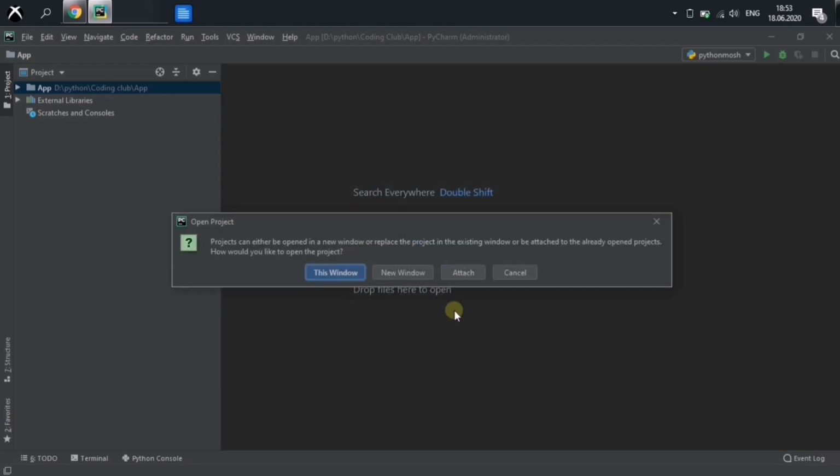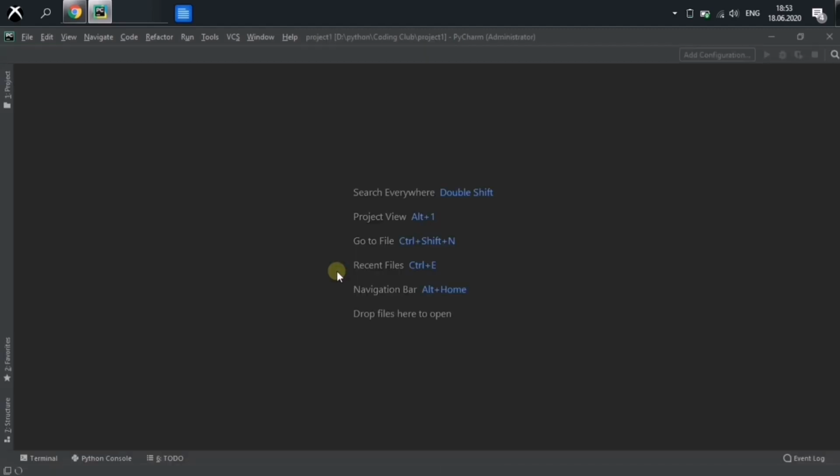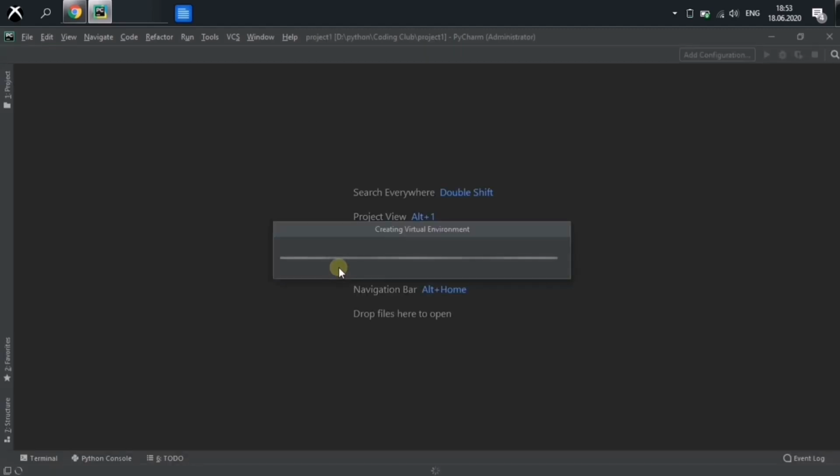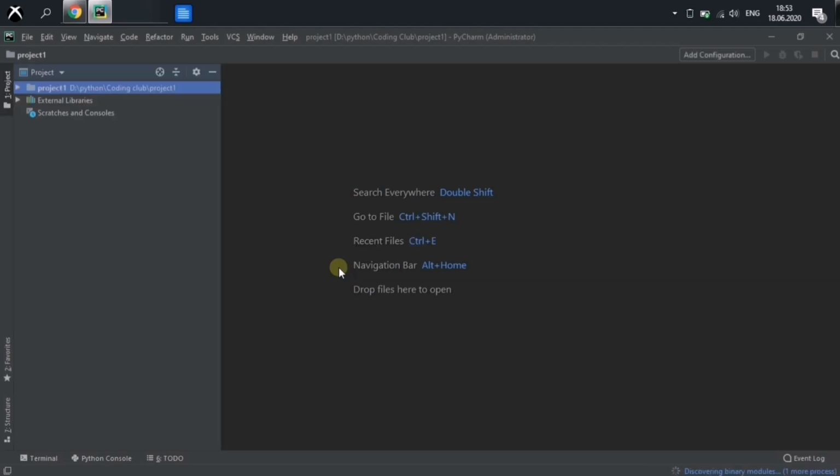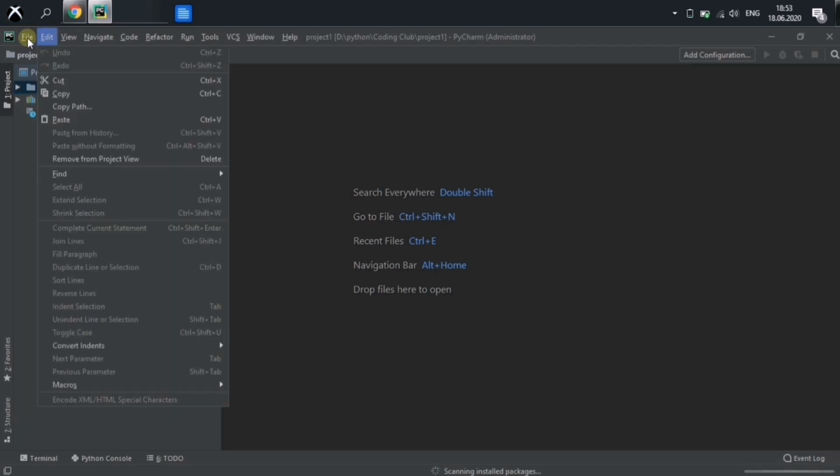So create. It's created, and that's all. We have created the project,